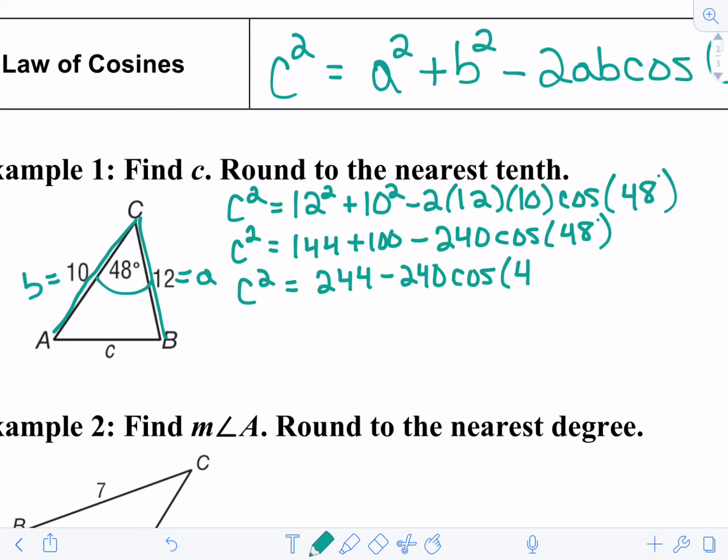Again, your calculator has to be in degree mode, so whenever you type this stuff in, just make sure you have it in degree mode. So 244 minus 240 times cosine of 48 will give you